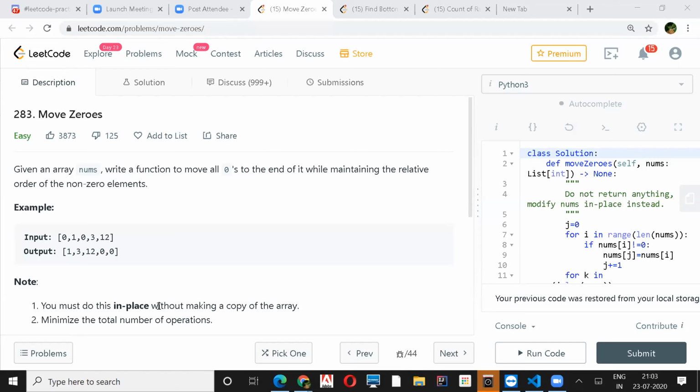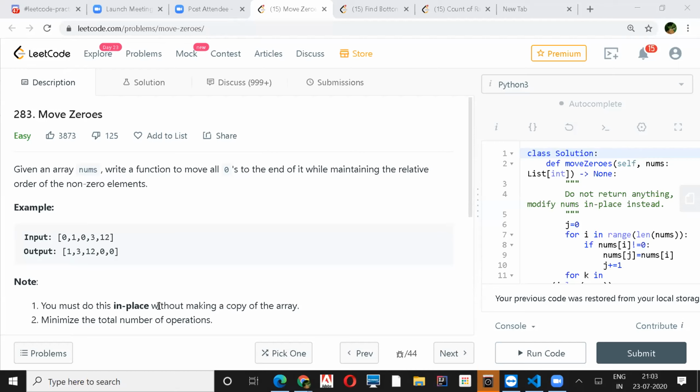I guess we can also use two pointers here. Yeah, that would be optimized. Go ahead. So we can put one pointer at left and another pointer at right. If 0 is at right, we will decrement the j pointer which is on the right side, and if 0 is at left, we will swap that with the right one. So in this way we can do that. The general two pointer approach.